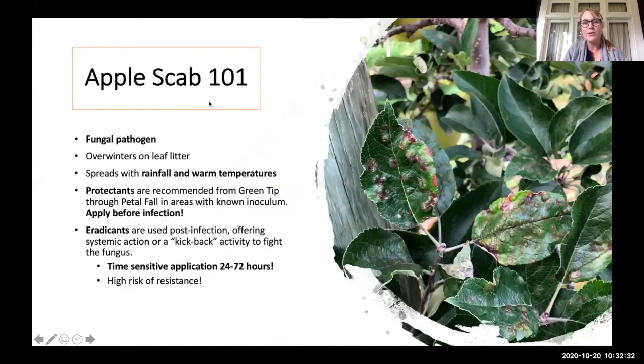So as a brief overview of Scab 101, because I see some colleagues online who are from orchard backgrounds, but lots that aren't. This is a fungal pathogen. It's Venturia inaequalis. The pathogen itself overwinters on the leaves of the apple, and this is an image that I took just last week while picking in the Ambrosias. And you can see the scab lesions are formed there. When the leaves fall off the tree in the winter, those lesions will stay on the leaves and be on the orchard floor. In the springtime, the lesions, basically the ascospores, the spores themselves, will be released from those lesions and will end up being blown up or splashed up into the tree.